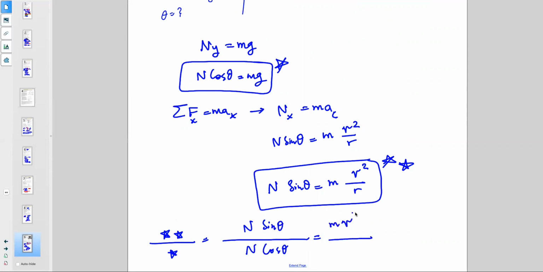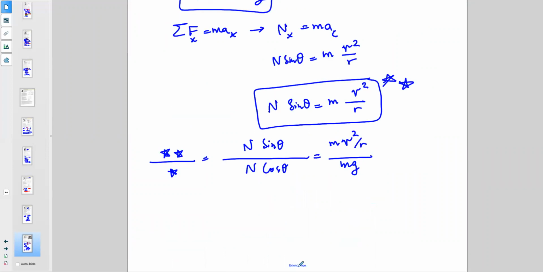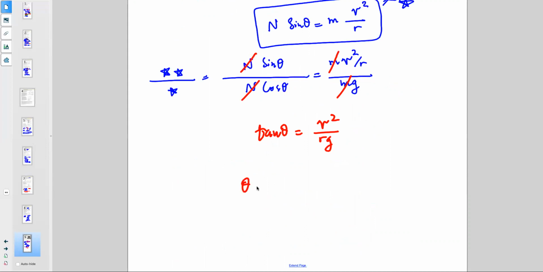We have mv squared over r, and we have mg. Okay? So N and N will cancel out. Sine over cosine is tan. M and m will cancel out. We have v squared over rg. So theta is